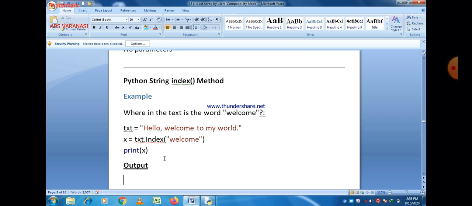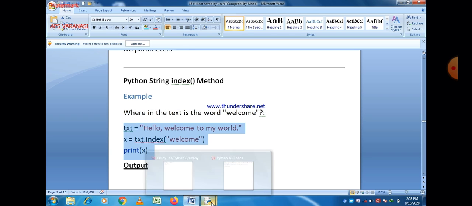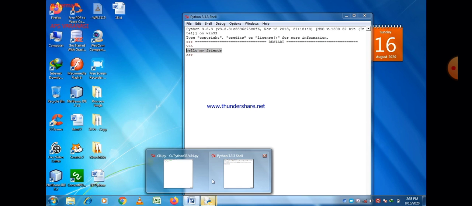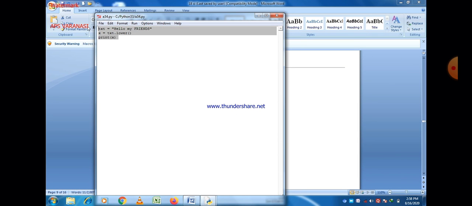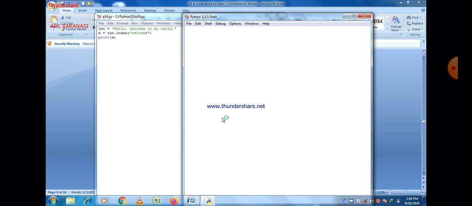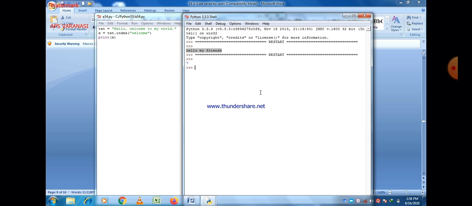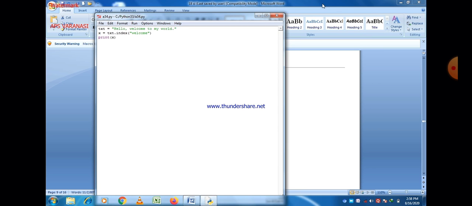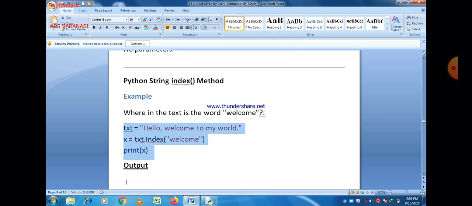and x is equal to txt.index welcome. We have to find the position of welcome in this string. Always remember that space is also considered a part of the string. So hello contains 5 characters, then after it a comma, so 6 characters, after that a space, so the 7th character. So the location of welcome will be 8 when we start counting from 1, though we know that counting always starts from 0 here. So what will be our answer? The answer will be 7.